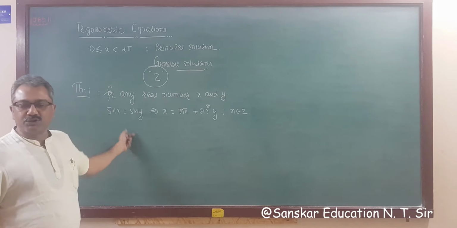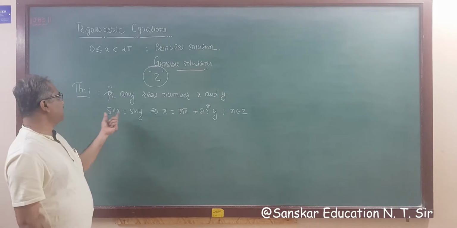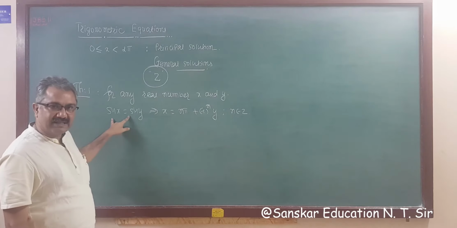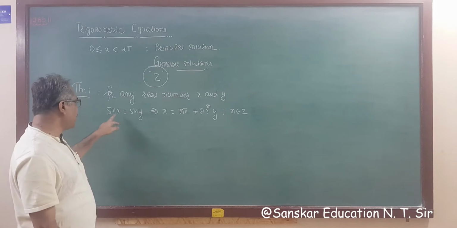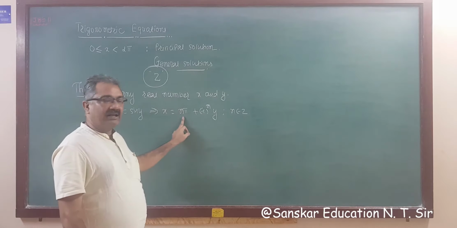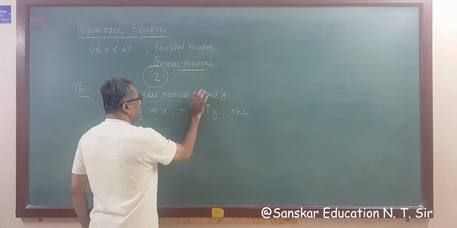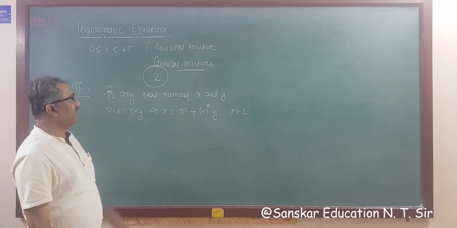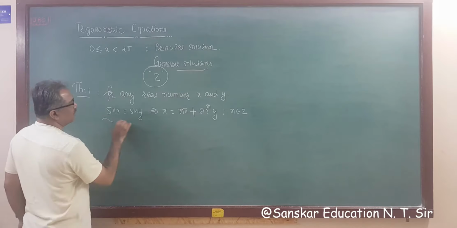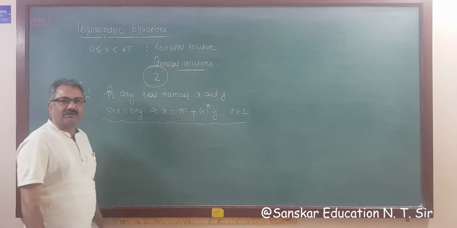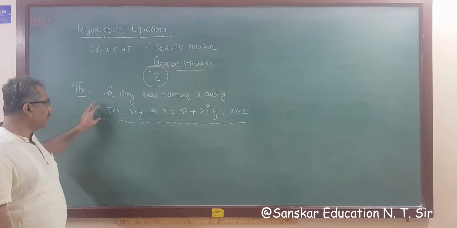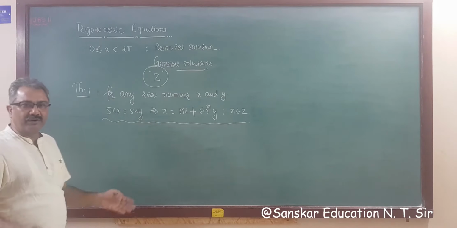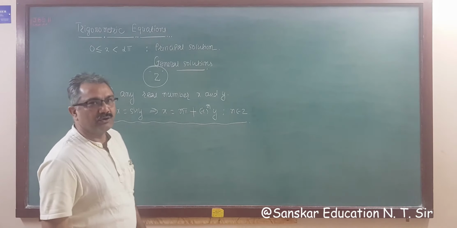This is the solution of the equation sin x is equal to sin y. So you have to express a given equation in the form sin x is equal to sin y. If your expression is in this form, then the answer is x is equal to n pi plus minus 1 raised to n into y, where n belongs to Z. You have to remember this formula, but I am also showing a proof of how it comes, so if you forget the solution, you can derive it.